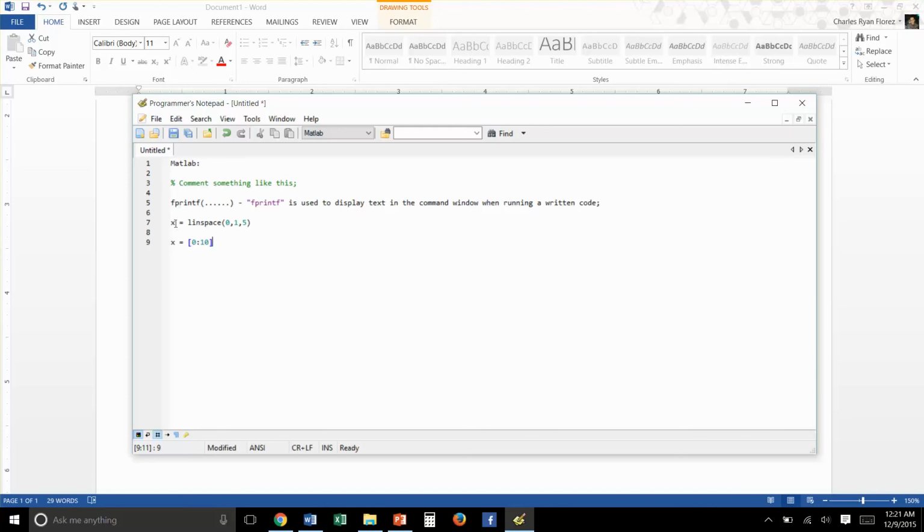So when I define x as being equal to linspace, I'm essentially saying that x is equal to a matrix of one row and multiple columns. This 0 here represents the beginning value. This 1 here represents the final value of the matrix, and the 5 represents the number of